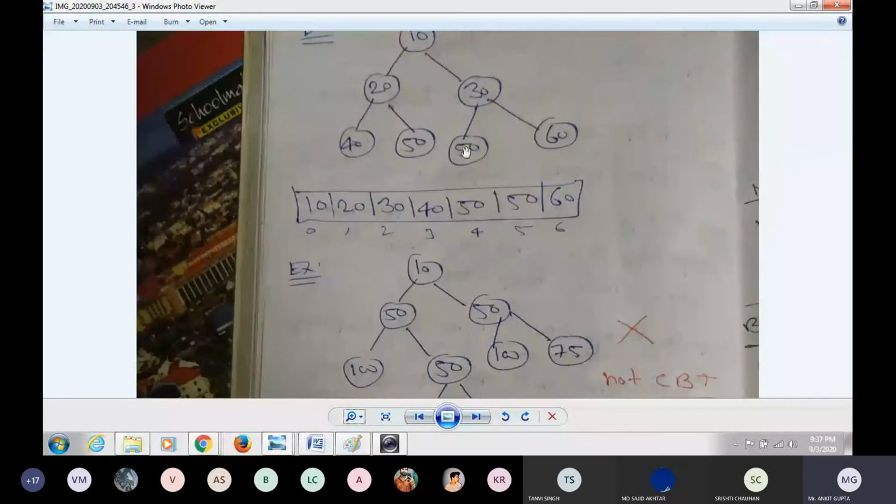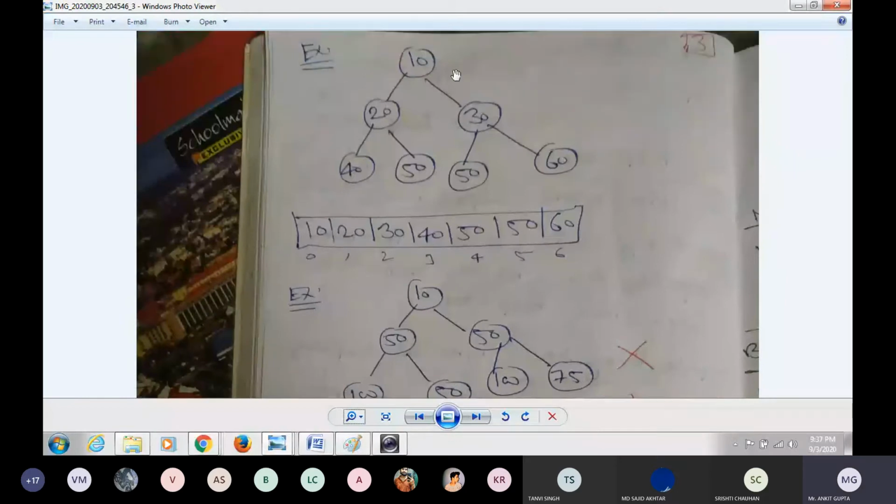Suppose it is the example of a min heap tree. 10. It's a complete binary tree, because the current level is complete, left and right are complete, and then left and right are also complete. Then again I will check whether it is a min heap tree or not. The root is minimum compared to its children 10, 20, 40, 50.